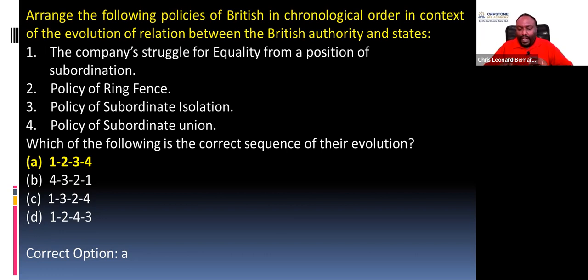So what happened? The native ruler who had his own army, who had just taken the support of the colonial power, lost his independence. Now he'll pay for the support. He'll pay the subordinate role. The primary role will be played by the colonial ruler. And once this colonial ruler